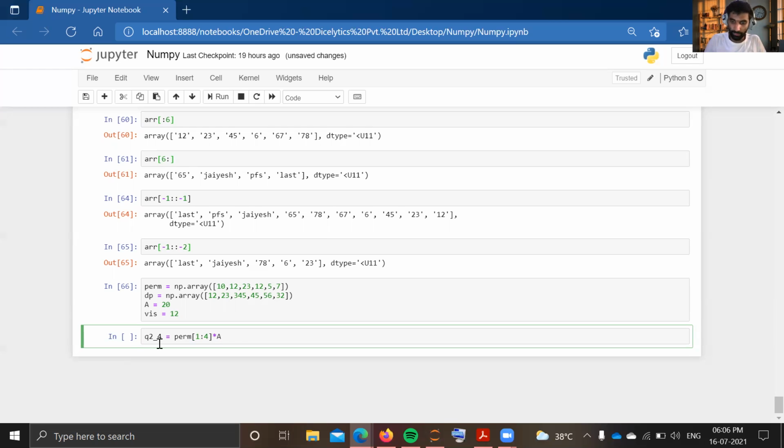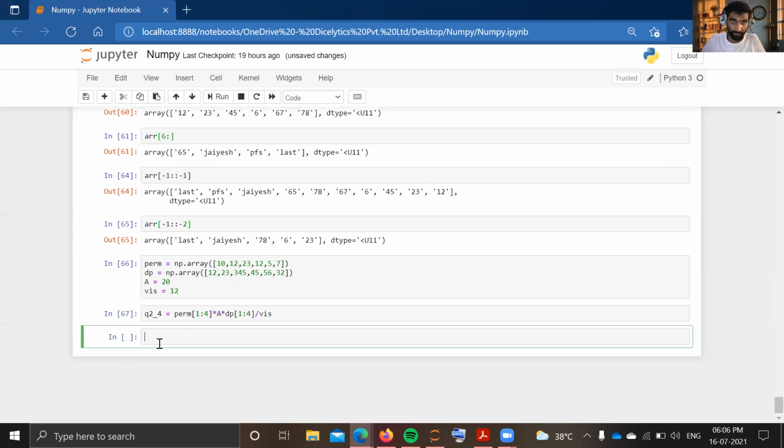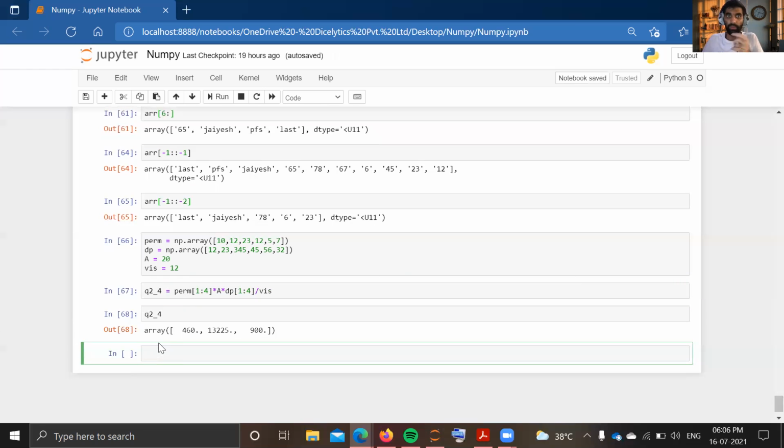Simply Q = k A del P by del L. Again, del P is an array. In that I need from my first point, first grid to third grid, and divide by viscosity. So whenever I call Q2 to 4, you can see you can calculate the flow rate from your second grid, third grid, and fourth grid.